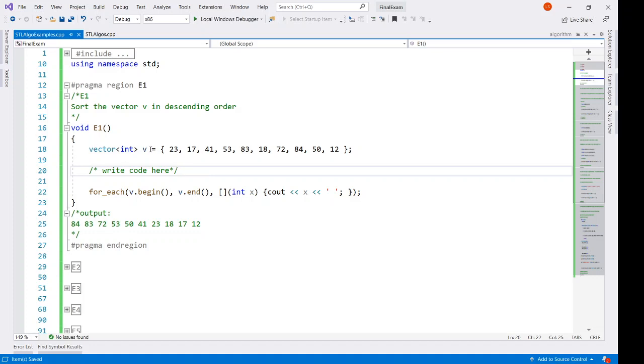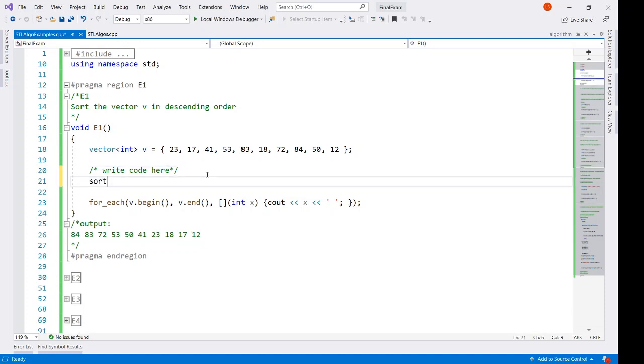One more thing is that for the examples, we have been provided hard-coded data, but the solution that we want to bring shouldn't be dependent on this hard-coded data, right? So let's try to solve this problem. Now, if we have a collection, we can sort the collection using the sort STL algorithm, right? The sort STL algorithm, like most algorithms, takes a range. So we want to give the range which covers the whole vector, and it can sort it for us.